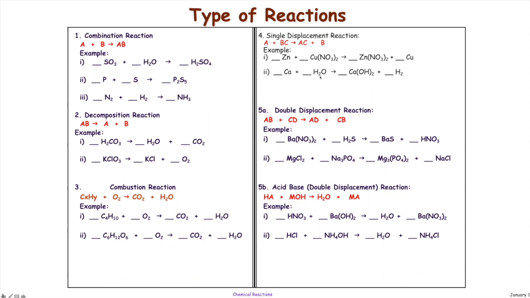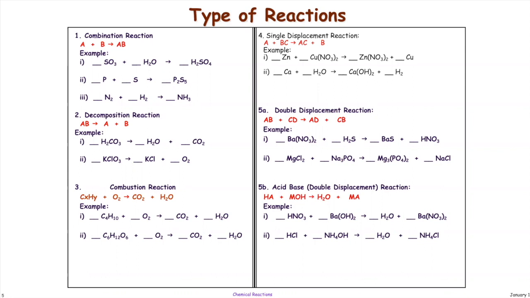Even calcium with water is a single displacement, because what calcium will do is replace one of the hydrogens in HOH. HOH is water. It replaces one of the hydrogens, and you get calcium hydroxide. It takes two waters for this reaction to occur, but that too is a single displacement. Double displacement is when partners switch, and you see a double displacement in acid-base chemistry, where you have an acid